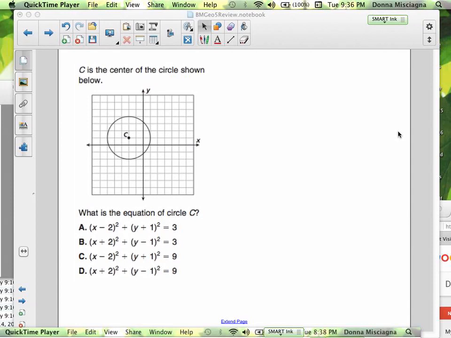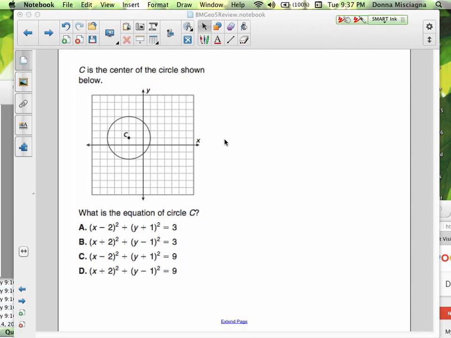In this podcast, we're going to be working with the equations and graphs of circles, and we'll solve some volume problems. All right, so here we have a circle, and all the circle and volume problems are in your notes, so make sure you're solving them with me. C is the center of the circle shown. We want to write the equation. Remember the equation of a circle is,